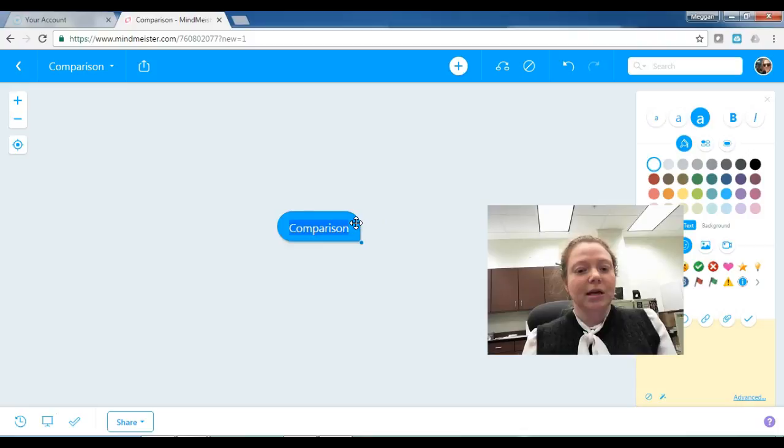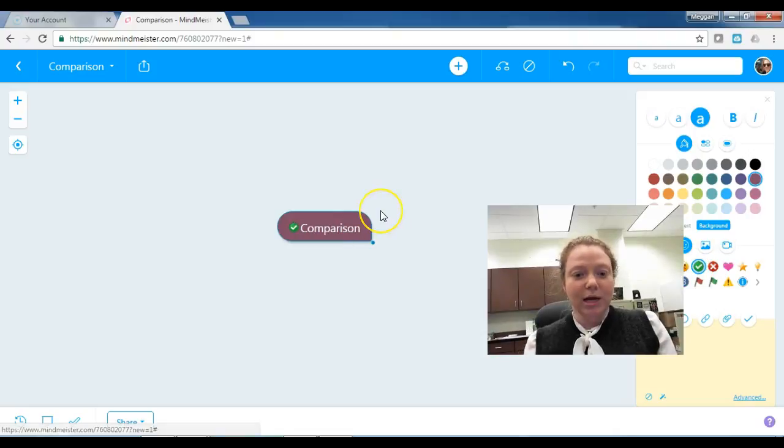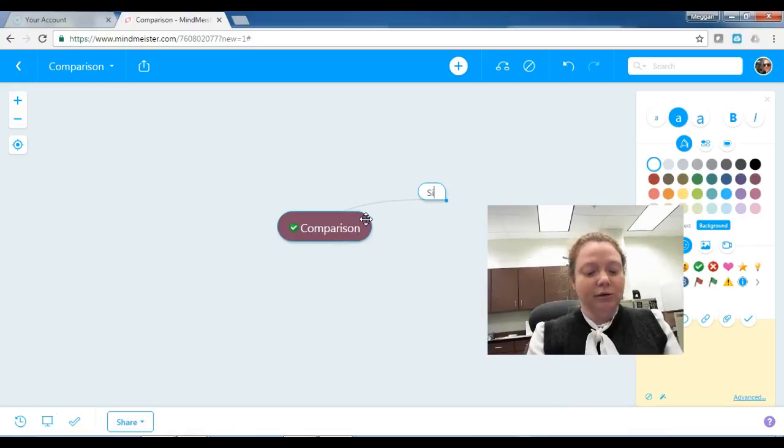With comparison, if I want to add something, I can. I just hit Tab, and that tab is going to pull up a subtopic. So I can actually change the text or background. So if I want my background to be purple, I can do that. I can insert emojis or checks, like, ooh, yay, I love comparison. So let's go ahead and add a subtopic. So we're going to do similarities